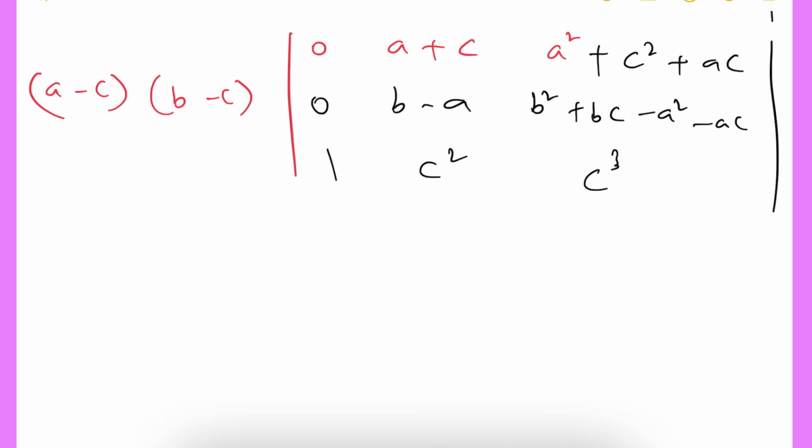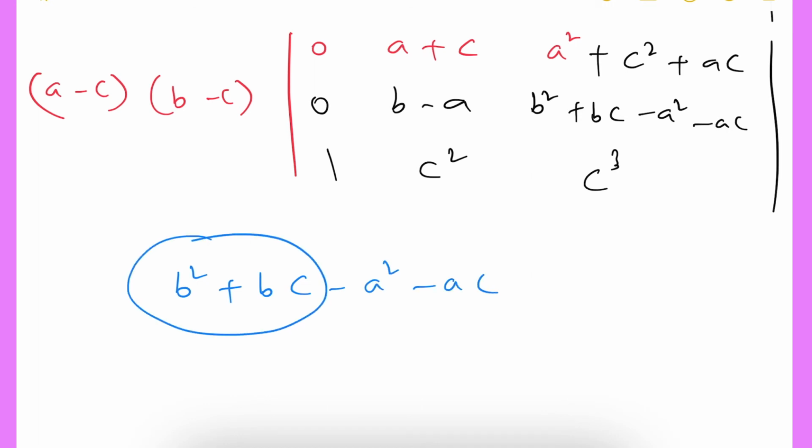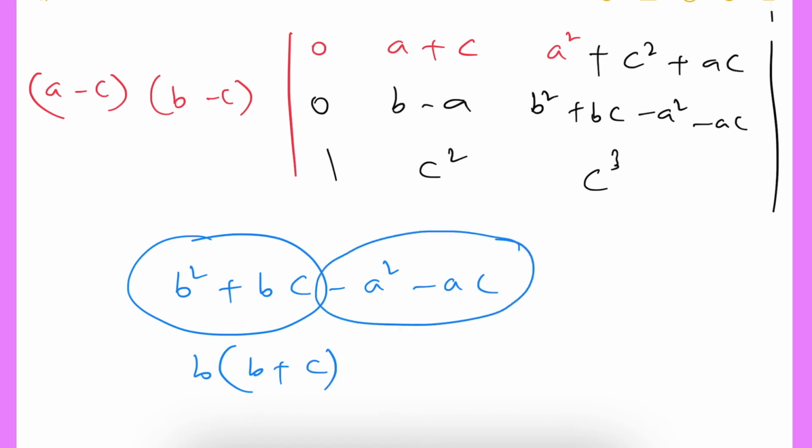Next in the right side we want a minus c into b minus c into b minus a also. So here b minus a is there, so in this also b minus a should be there. So for that I will do some factorization here. Only that element I am taking, that is b square plus bc minus a square minus ac. From the first and second terms I will take out b common, then we remain with b plus c. The same way in the third and fourth terms also I will take out minus a common.